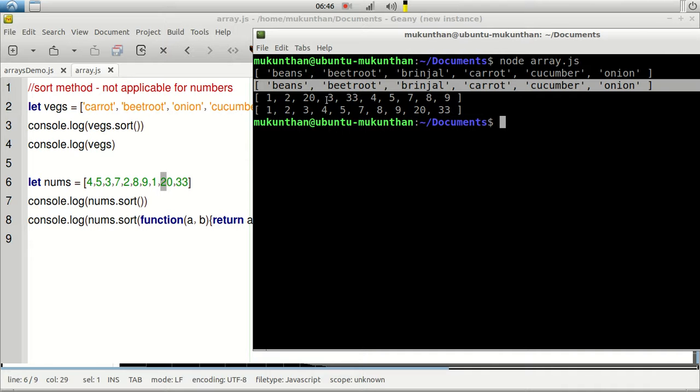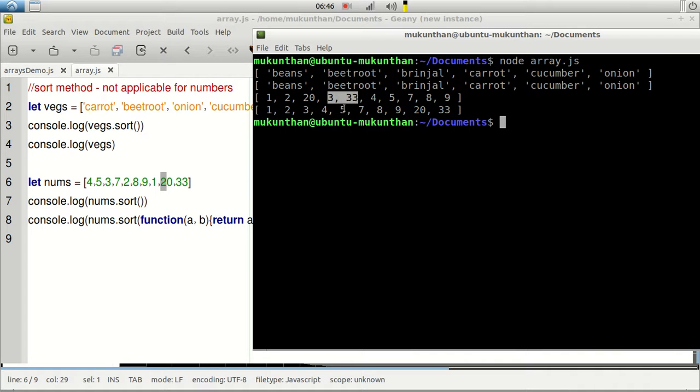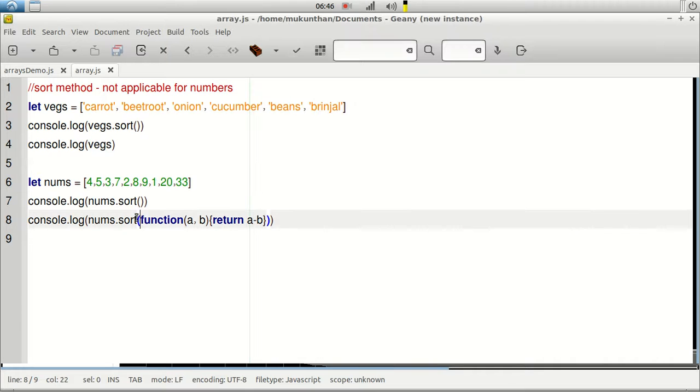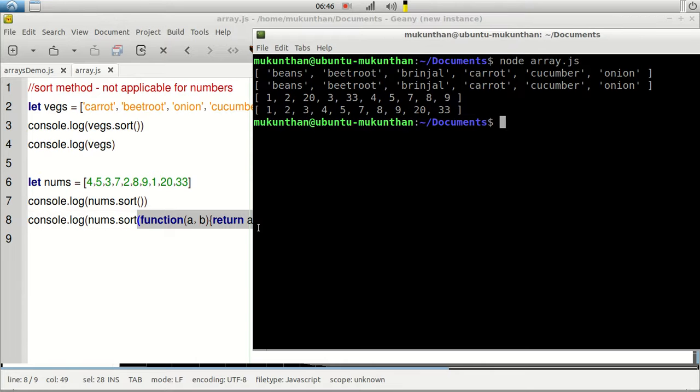And second, if you simply apply the sort method over the numerical array, you can see 3 and 33 in the same order. That means it considers them just like string values. Both have 3 at the starting value, and you can see 2 and 20 in the same order. But we have seen here a special sort function using a callback function, which means that we can give a function which will decide which order should be taken in the sort. That we will see in the function session.